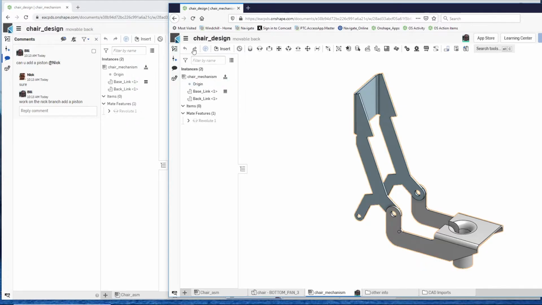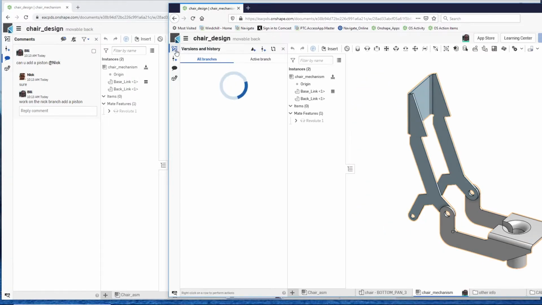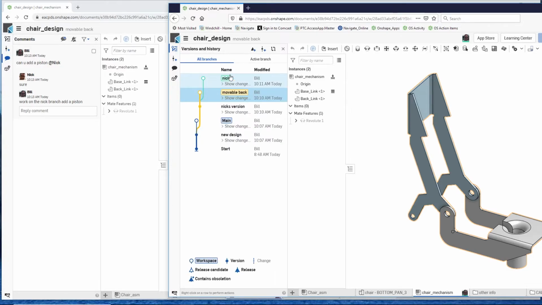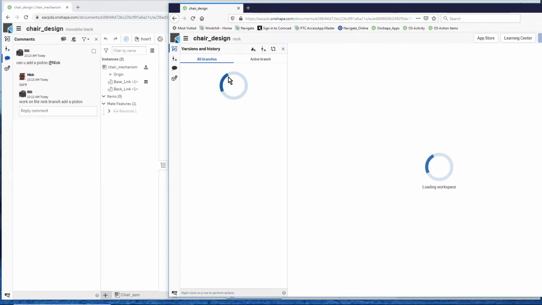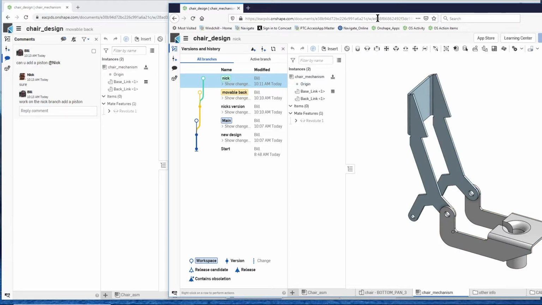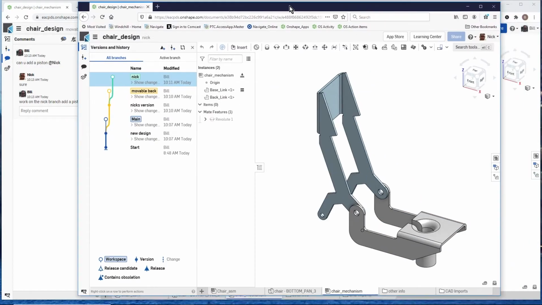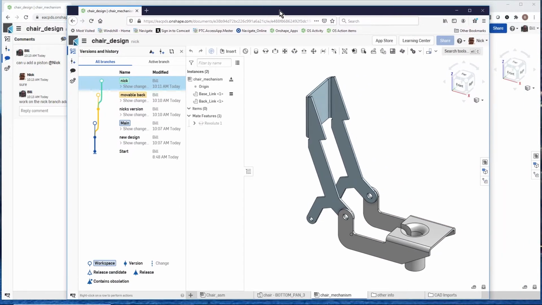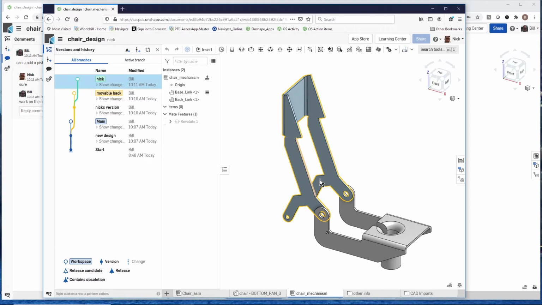So Nick's going to go over. He doesn't really need to be texting me back anymore. And he's going to look at the branching, and he's going to look for the Nick branch. So now he has that. And he's going to go over here and say, all right, he wanted me to add a piston to this. So Nick's going to go and say, let's insert